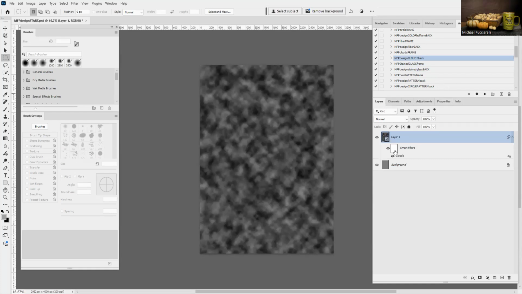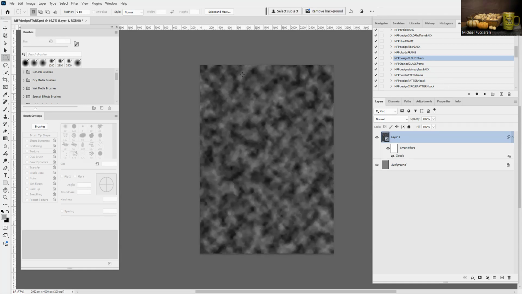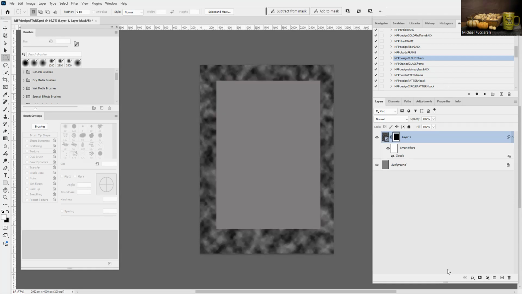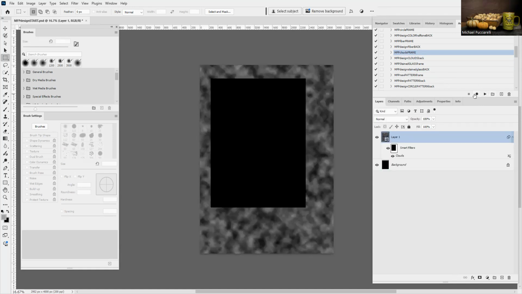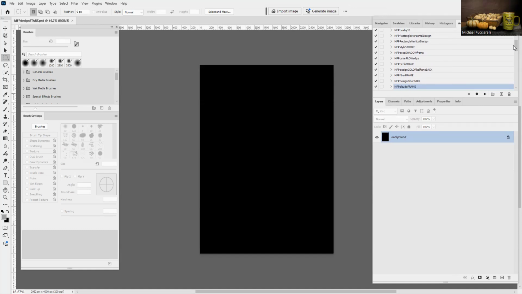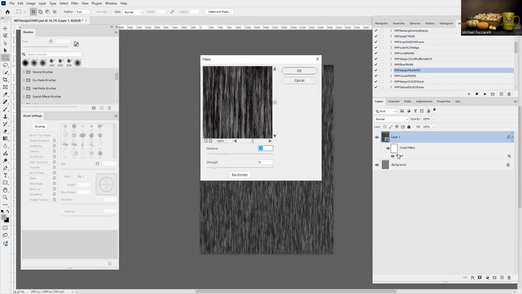This is the clouds. Going through variations. Let's put a quick frame. I can run the frame action. Same idea. Fiber background, right? And this is using the fiber where